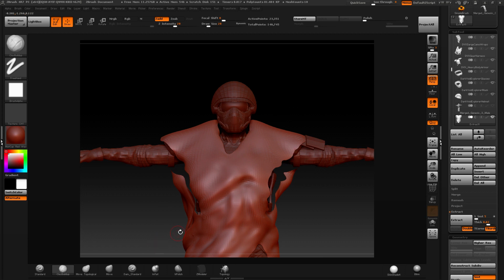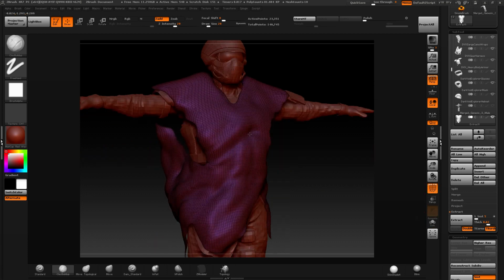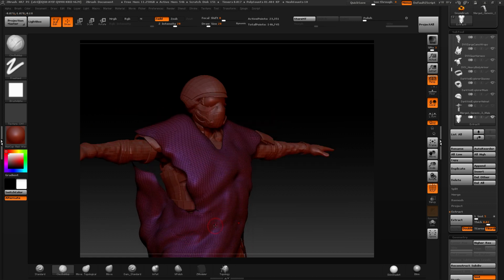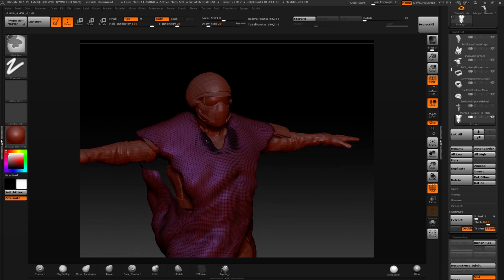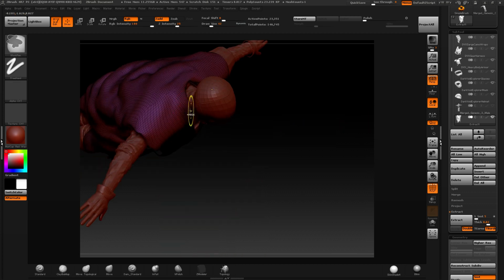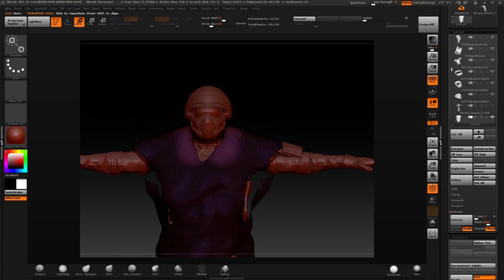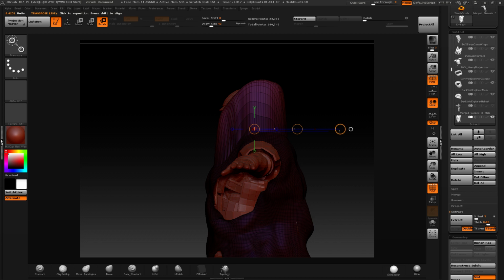So I'm thinking that what I really want to do is focus on just pulling that up and then tucking the sides. So let's grab some of this with some masking, pull this up, then rotate it over,